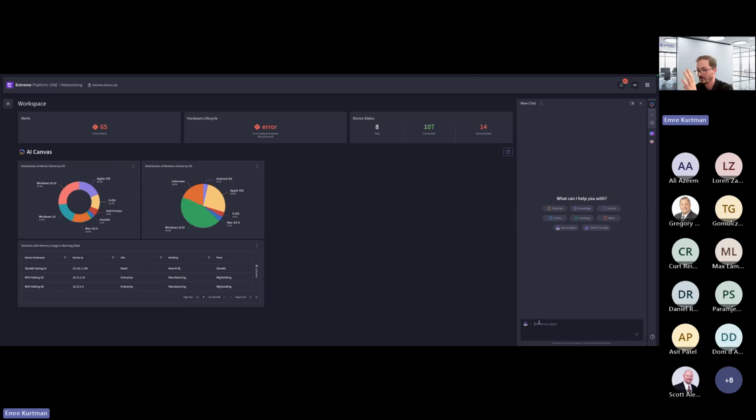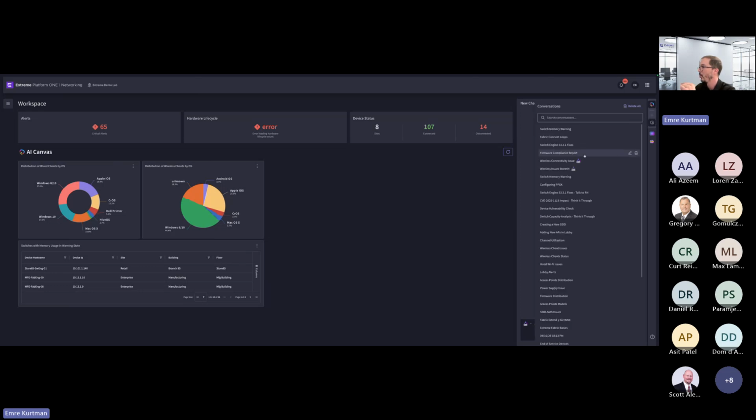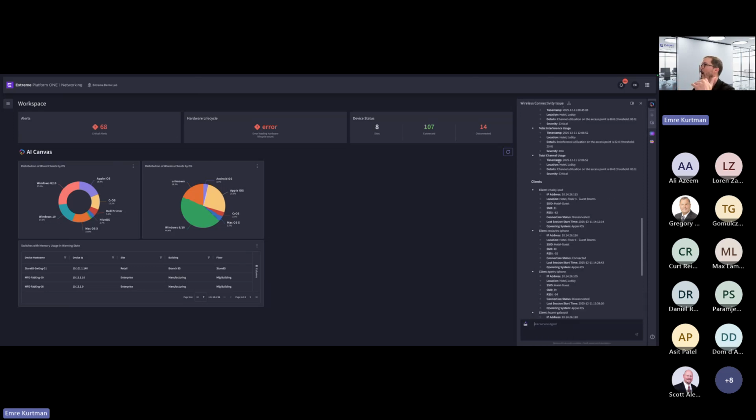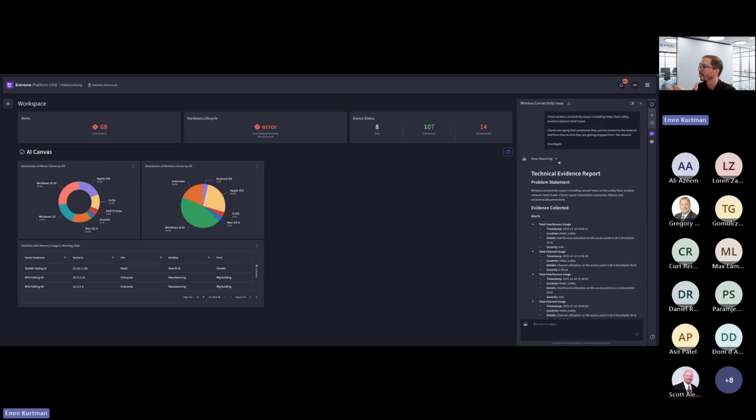But just keep in mind that these are beta features, so there might obviously be some bugs with them. Again, all these service agent and think it through capabilities run for a couple of minutes when you input the prompt. So I don't want to take time in this session, but I can quickly show you how it's doing the troubleshooting and collecting the evidence.